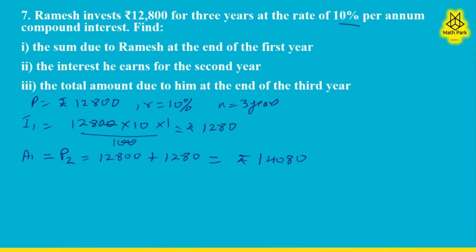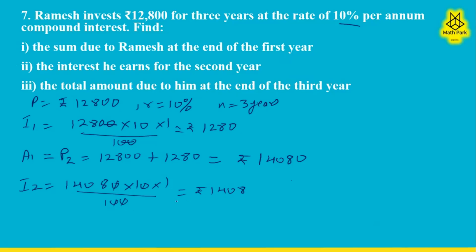So this is going to be the principal for the second year. Now we find the interest for the second year, where the principal is 14,080. The rate of interest is 10% for 1 year upon 100,